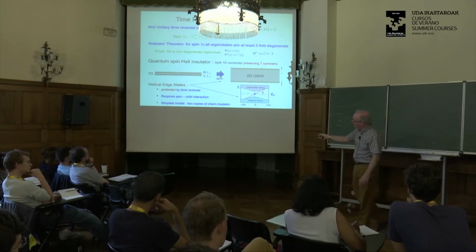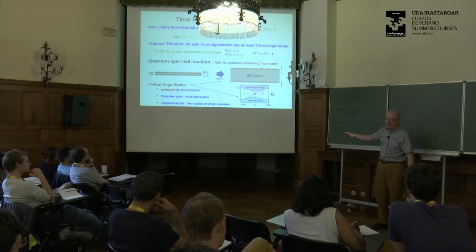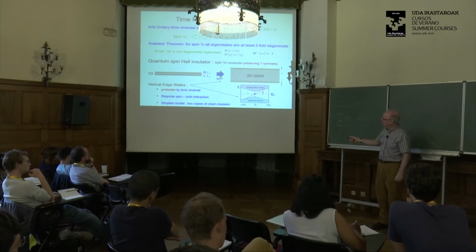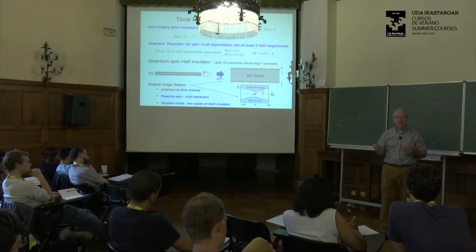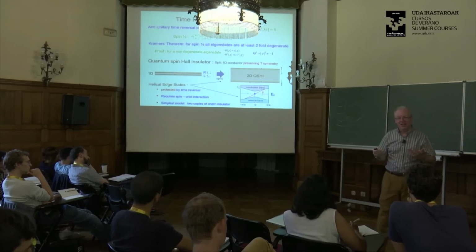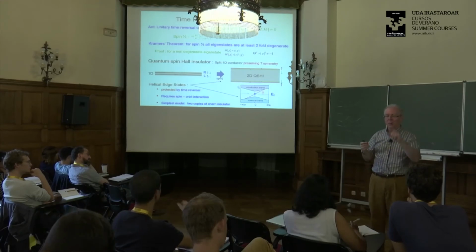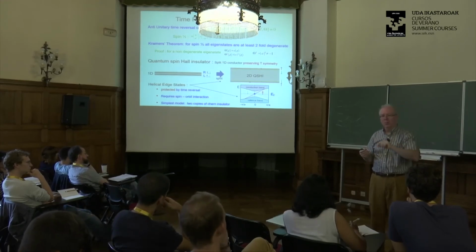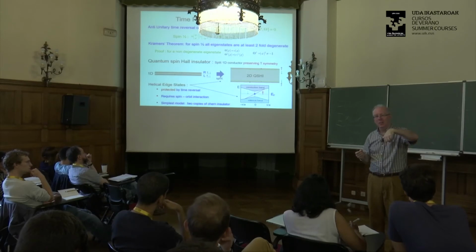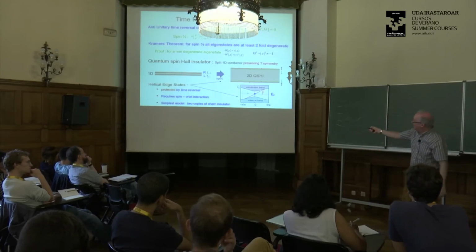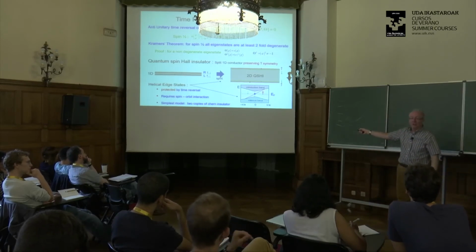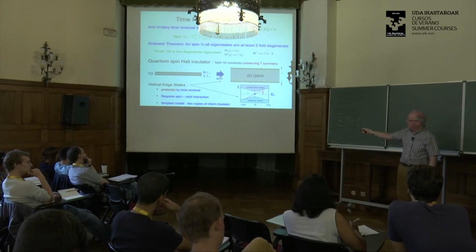Okay, and of course, in order to have them, you have to have the upspins and downspins doing different things. So you have to have a spin-orbit interaction. And the simplest way of getting at this is to imagine that you just have two copies of the quantum Hall effect. Okay, you have a quantum Hall effect with Chern number +1 for the upspins, and a quantum Hall effect with Chern number -1 for the downspins. And so then those systems, the up and down spins, would look like this. Okay, so that's the simplest way of accomplishing that.